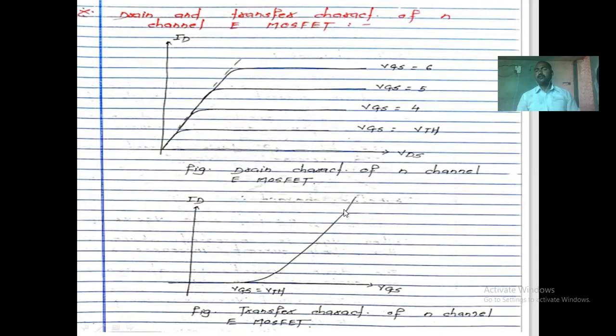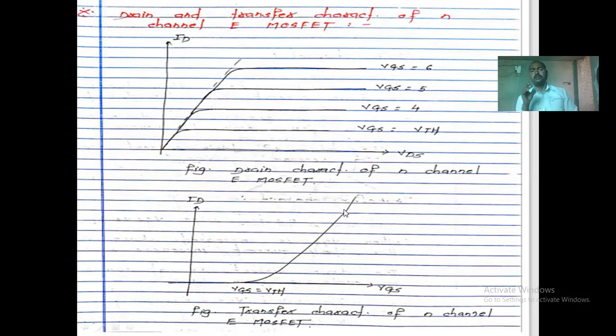But in the enhancement type of MOSFET, we apply a positive voltage. Due to the application of positive voltage at the gate with respect to source, one important thing is that VGS positive indicates that more electrons come towards the gate surface, and a channel is formed. Here is an induced channel, or artificial channel, or a generated channel. This is due to applying the positive voltage to the device, right?